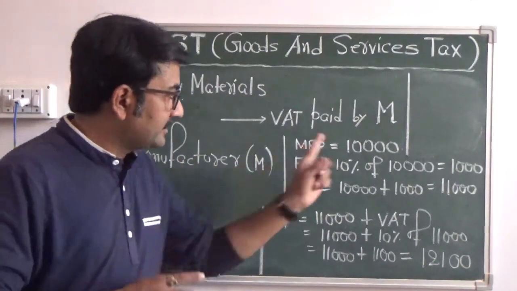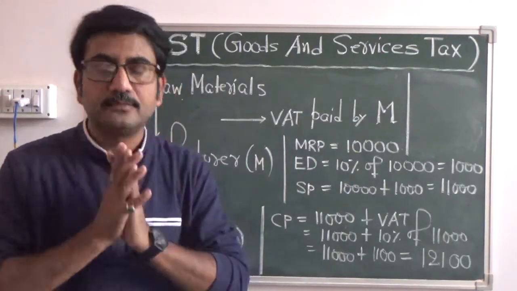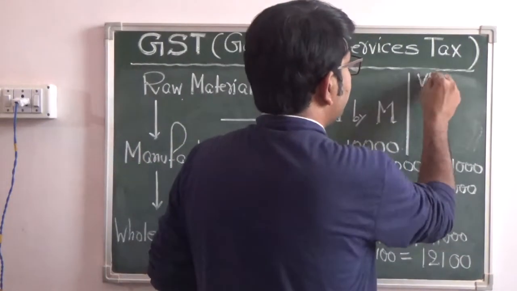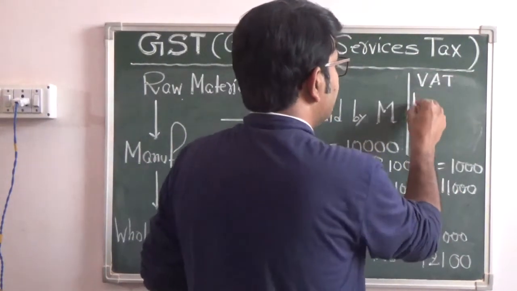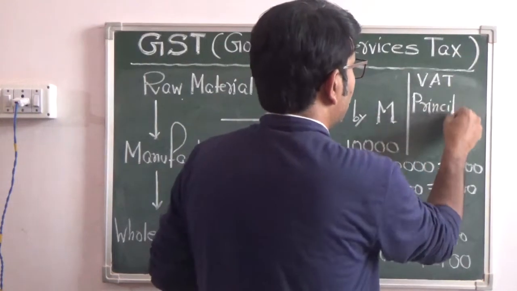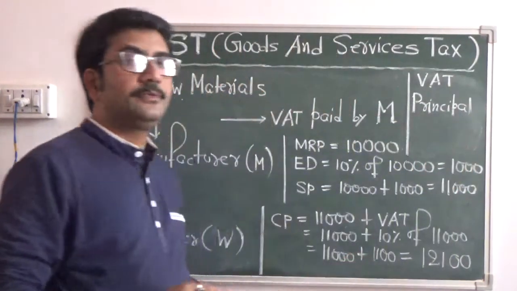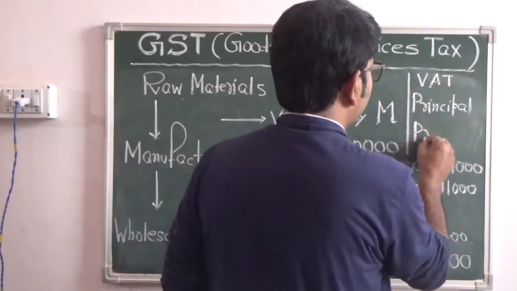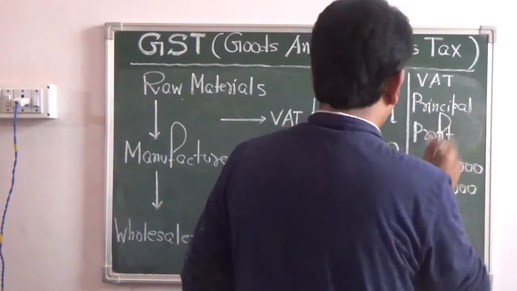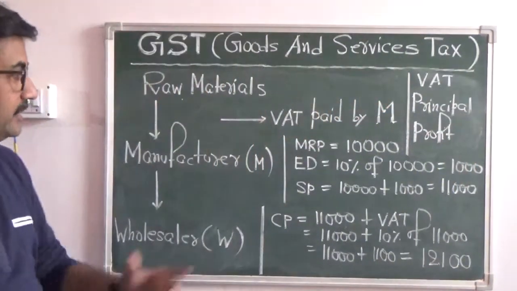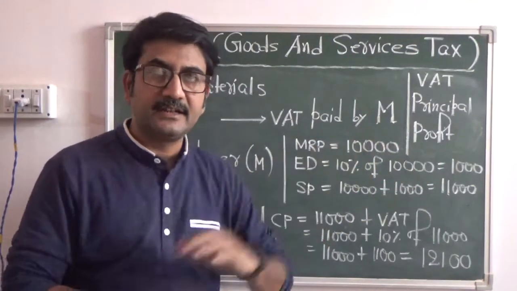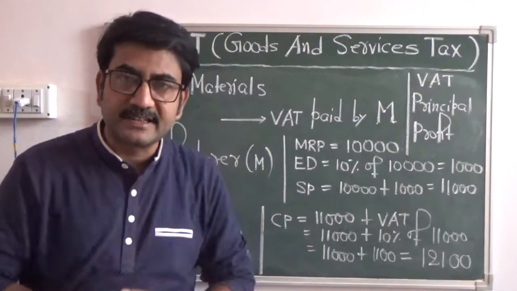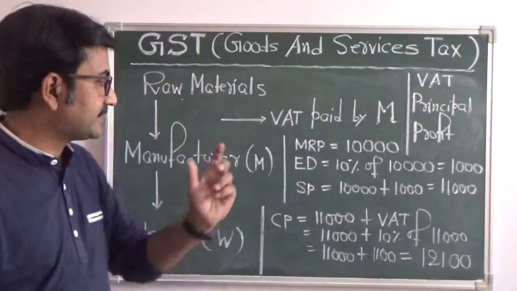Now this 10,000 includes what? This 10,000 includes the VAT which he has paid already, the principal value which he has used for the purchase of the raw materials, and finally the profit. If you are doing business, obviously you will keep your profit before selling the article which is being made by you. Now at this point, when the product is ready to be sold in the market, the central government comes